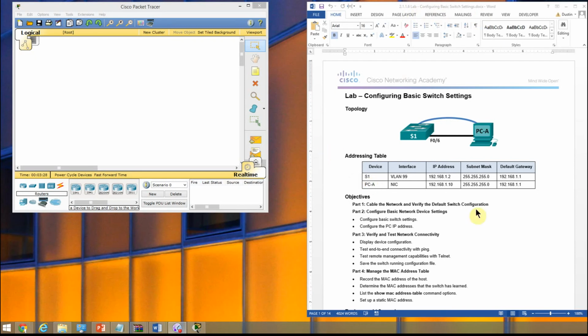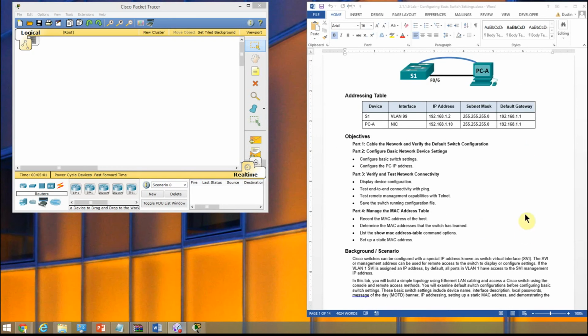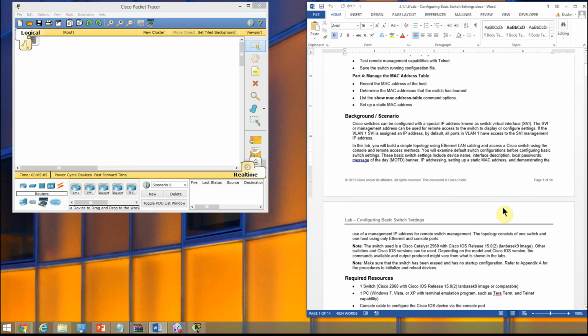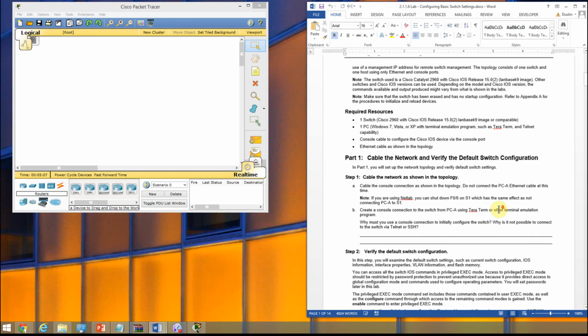The first thing we're going to want to do when looking at this lab document is take a quick look at the diagram here. First of all, we have a switch and a PC connected with a console cable and a straight through cable, and then here is the IP addressing that will be available to us. So we're going to scroll down here to the actual instructions